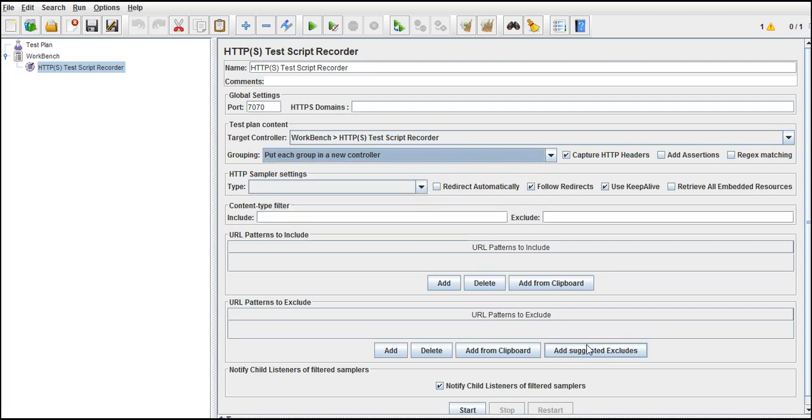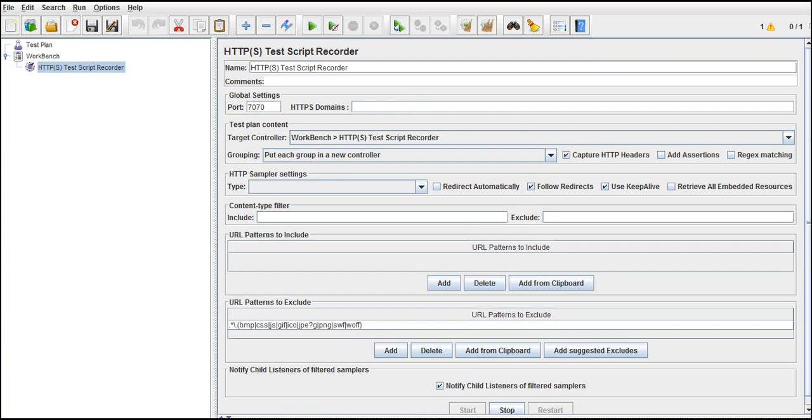Done. I'll add an exclude, so this will not be included in my recording. I'll start the server first, and thereafter we will see what application we need to record. Okay, let me start the server. Now our recording has started.